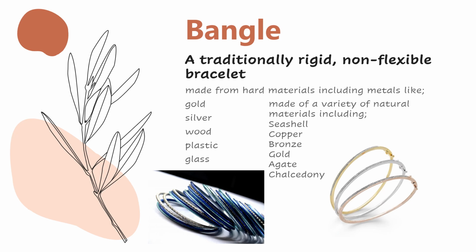Archaeologists have found bangles in the Indian subcontinent made of a variety of natural materials including seashell, copper, bronze, gold, agate, and chalcedony. Both traditionally and presently in modern times, Indian women adorn their wrists with bangles from a young age. It is also very popular for Indian brides to wear several bangles at their wedding celebrations. Today, bangles have become popular accessories in the Western world as well, with many women choosing these bracelets for both everyday wear and